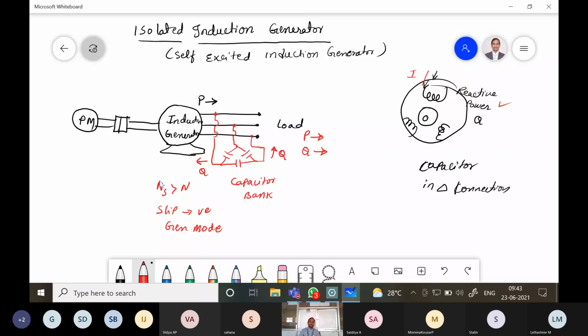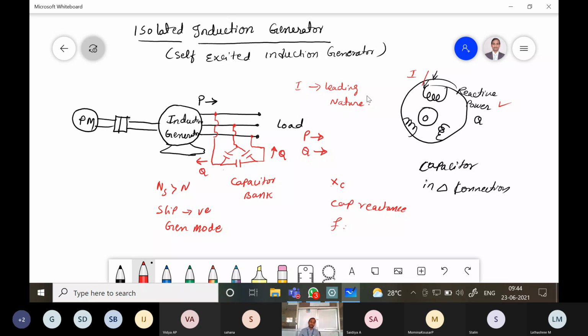The operating frequency depends primarily upon the rotor speed, but it is affected by the load. While the voltage is mainly decided by the capacitor reactance, that is Xc. Xc is the capacitor reactance. The voltage depends upon this Xc. Okay, so at the operating frequency, the voltage appearing across the three-phase capacitor bank gives rise to the leading current drawn by the capacitor bank. Because of the capacitive load, whatever current is there is leading in nature.